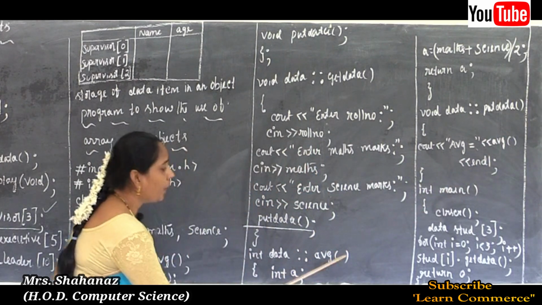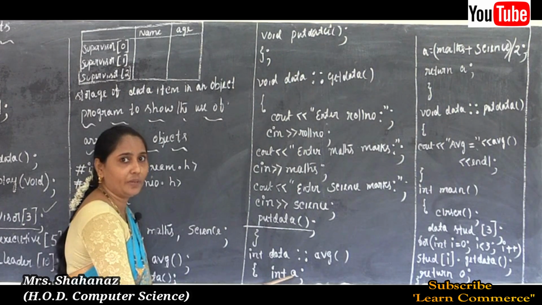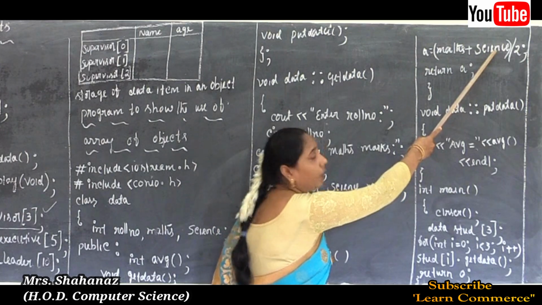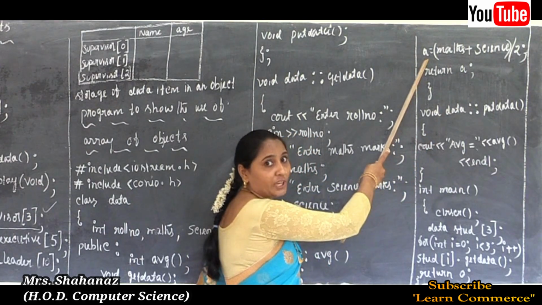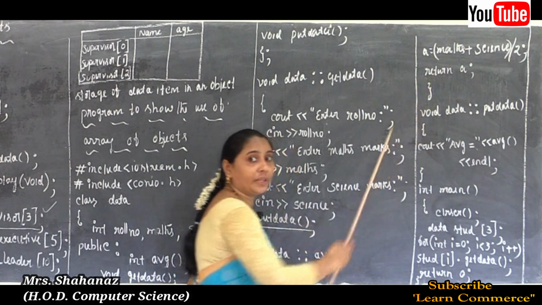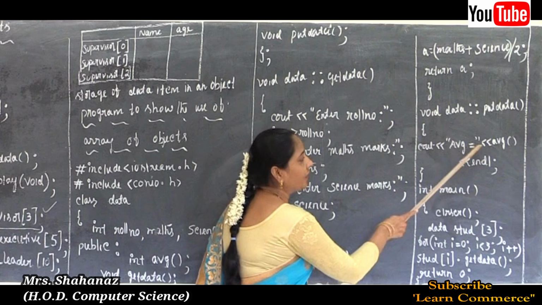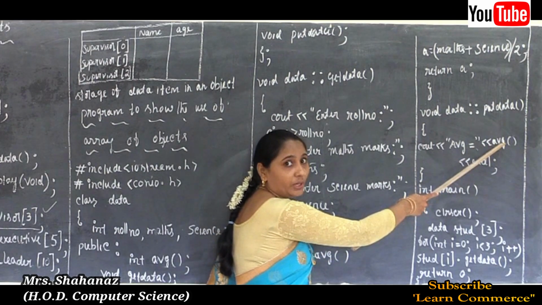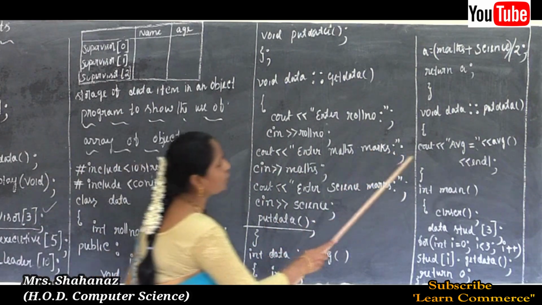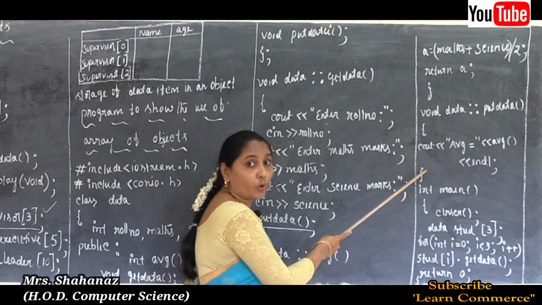Why? Because in the average member function, we did some calculation. The calculation is, first of all we need to declare the object, and later the maths and science marks, such one is going to be divided by 2 and added into the variable or object a here, and such one is going to return the value here. Such calculation we did by using our average member function. So it is just going to display AVG is equal to average. That means whatever calculation we did is going to be shown by using our put data function. And later next, such flower bracket is going to close. Why? Because we opened the flower bracket, such flower bracket is going to close in this case here.